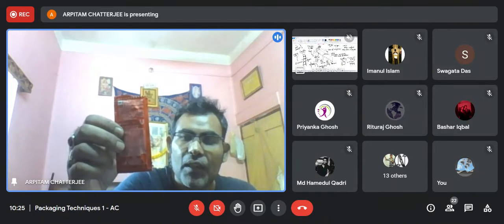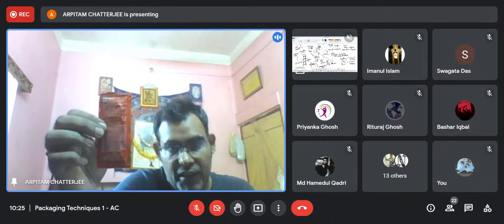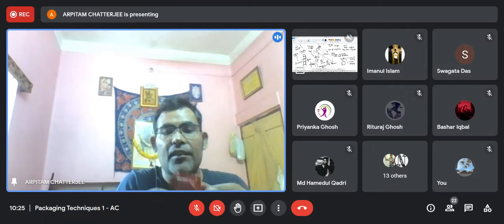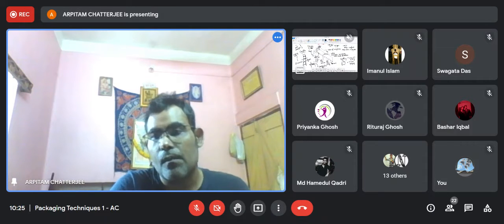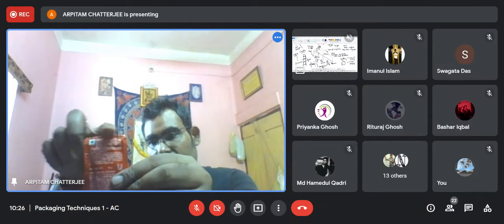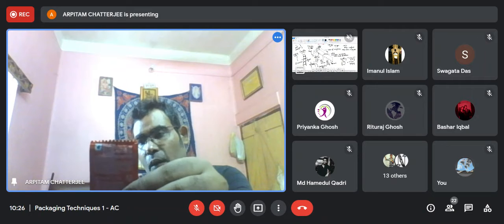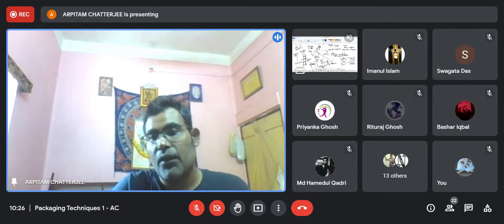And this is an example of horizontal filling where you don't have any side filling. That will come in case of vertical sealing. Okay, and this is the kind of perforation that I was talking about. This end, if you see, it's not a flat end. Okay, it's a sawtooth kind of formation. So this is one example of